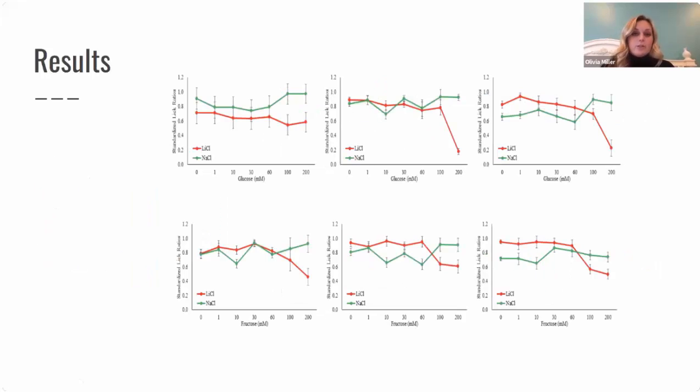So the remaining graphs use a 15-second duration for the trial and 6 concentrations of the unconditioned stimulus along with 1 of water. So the top row of graphs is again looking at glucose as the unconditioned stimulus, and as you can see, in day 1 there is a noticeable conditioned taste aversion between the 2 groups, and as the days go on, this goes away except at about 200 millimolar concentration. The bottom row of graphs use fructose, and between 60 and 100 millimolar is when the typical conditioned taste aversion is seen for these trials.